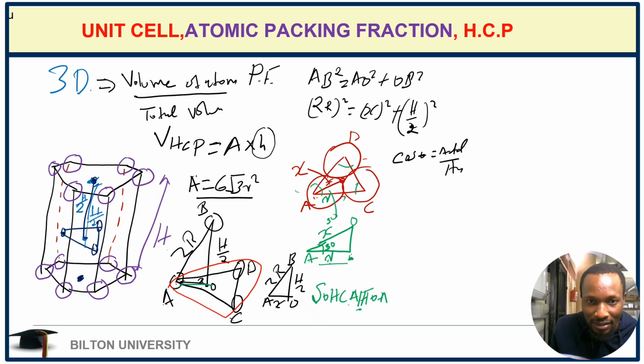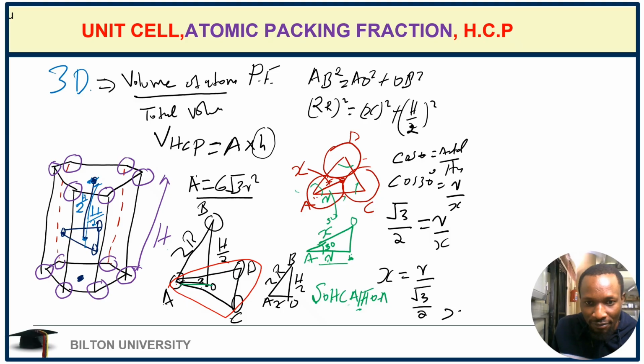So we can proceed and say cos theta is equal to adjacent over hypotenuse. Theta is 30, so cos 30 degrees is equal to adjacent, which is R, over hypotenuse, which is X. And cos 30 is equal to root 3 over 2, which is equal to R over X. I'm looking for X, so X is going to be R divided by root 3 over 2, and this gives the value of X as 2R over root 3. So now we have managed to determine the value of X, and we can proceed and substitute it into this equation,